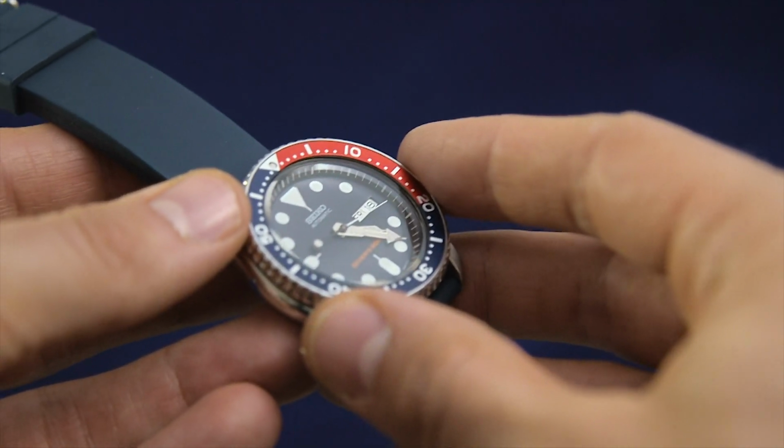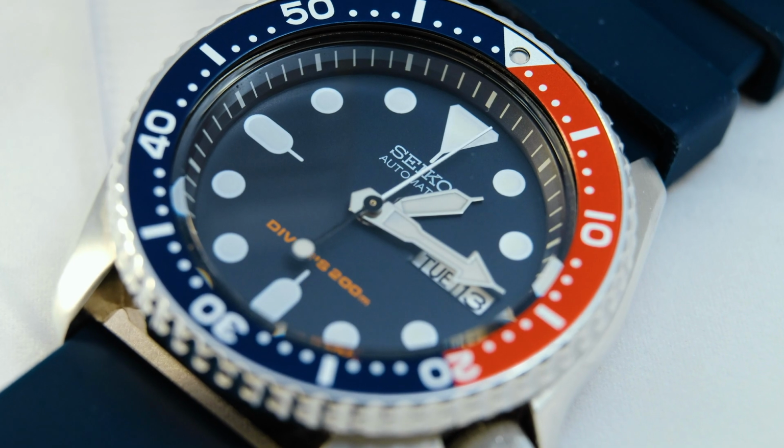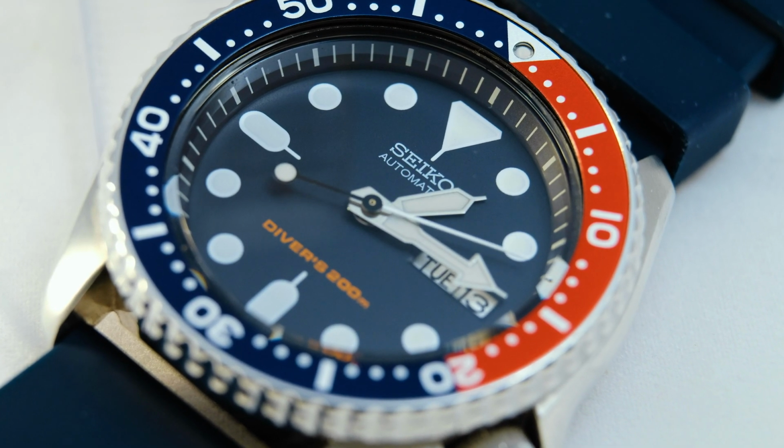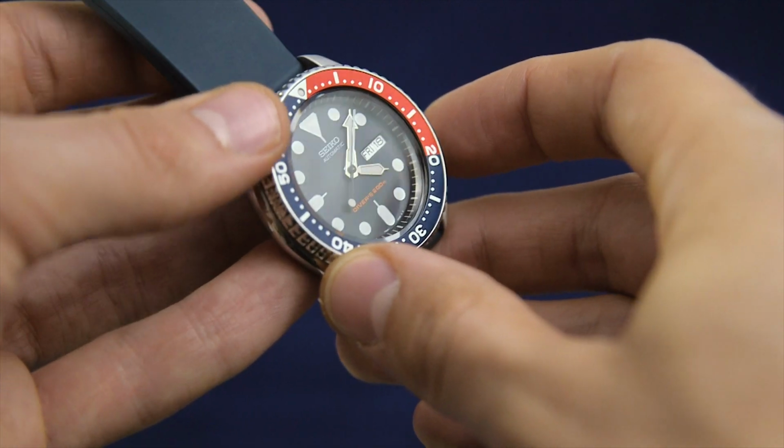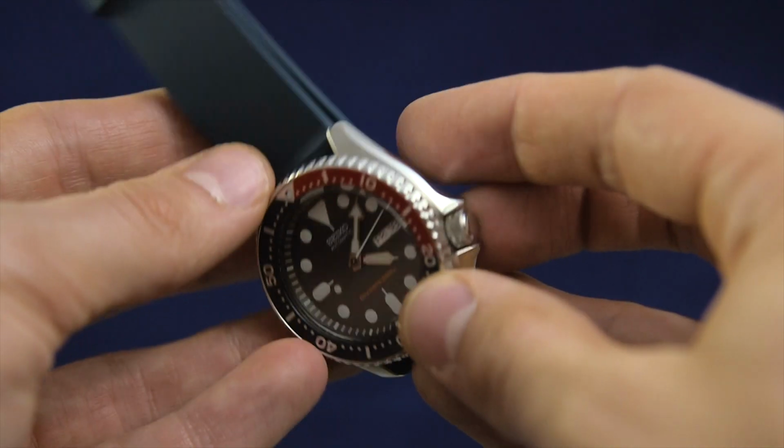Today I've got a watch review for you which could be the ultimate budget diver. It's the SKX009. So before we get stuck into the review of this Seiko SKX009, I want to quickly just talk about